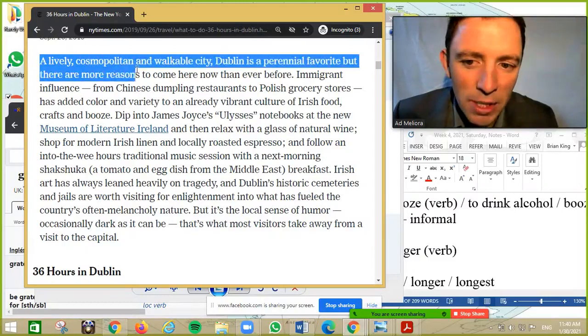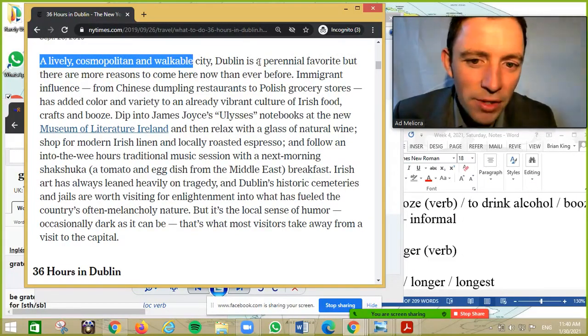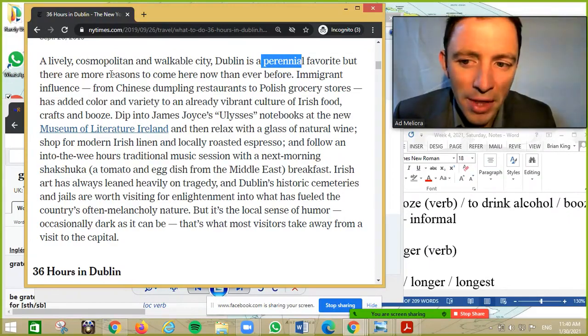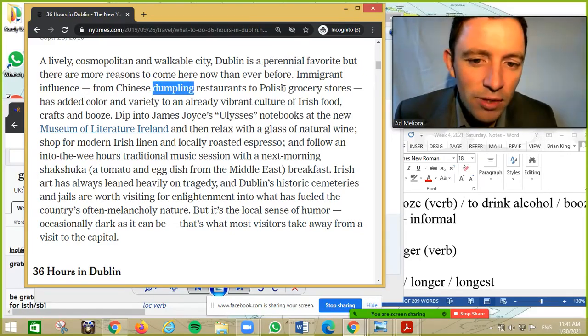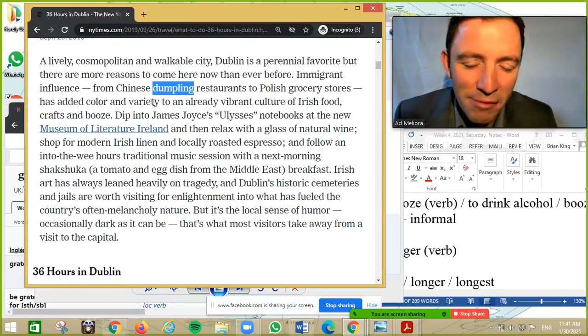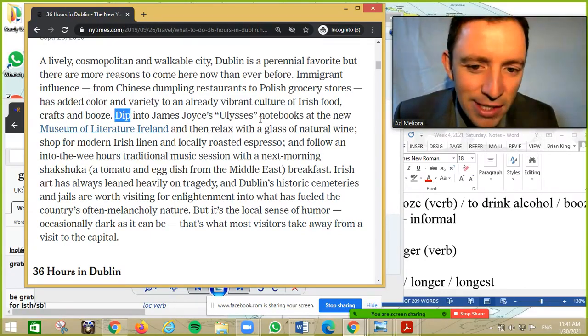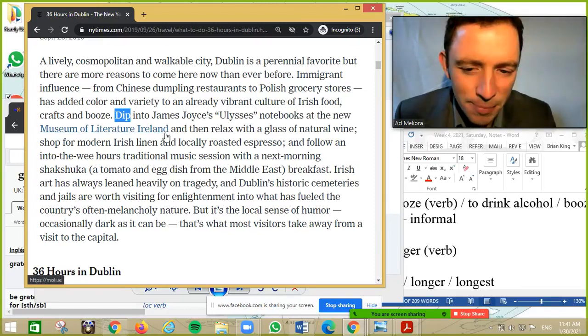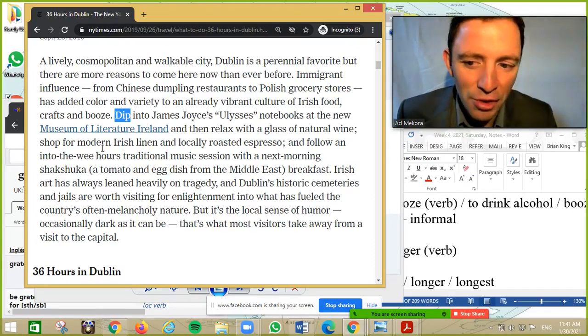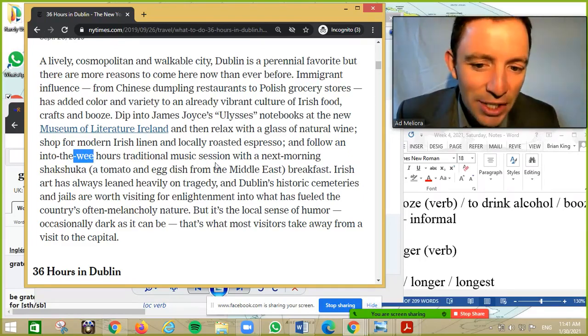A lively, cosmopolitan and walkable city, Dublin is a perennial favourite, but there are more reasons to come here now than ever before. Immigrant influence, from Chinese dumpling restaurants to Polish grocery stores, has added colour and variety to an already vibrant culture of Irish food, crafts and booze. Dip into James Joyce's Ulysses notebook at the new Museum of Literature Ireland, and then relax with a glass of natural wine, shop for modern Irish linen and locally roasted espresso, and follow an in-the-wee-hours traditional music session with the next morning